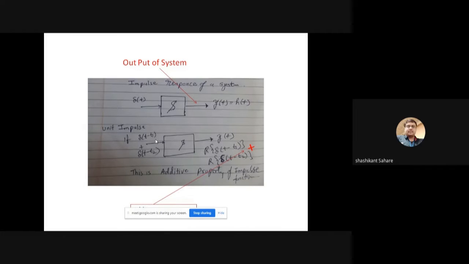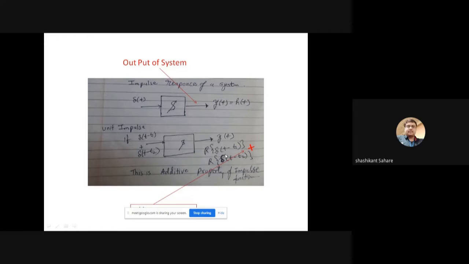This shifted δ(t) signal, given to the system, will produce the output response, which is nothing but δ(t − t1),